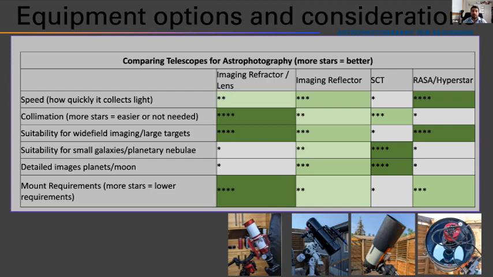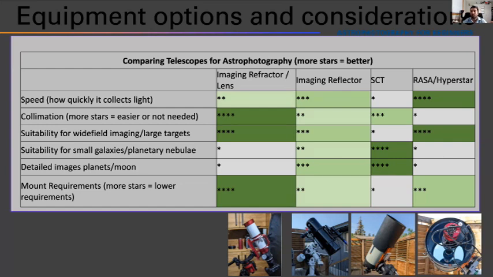A planetary nebula like Messier 57 or the Ring Nebula that might look like a tiny little dot in your imaging refractor or lens, or a RASA or Hyperstar, will actually look quite large and pretty detailed in most Schmidt-Cassegrains because of their longer focal length. And you can always take off the focal reducer and image at f10 because smaller targets like planetary nebulae are usually fairly bright.